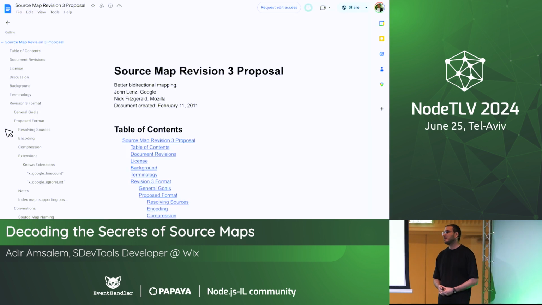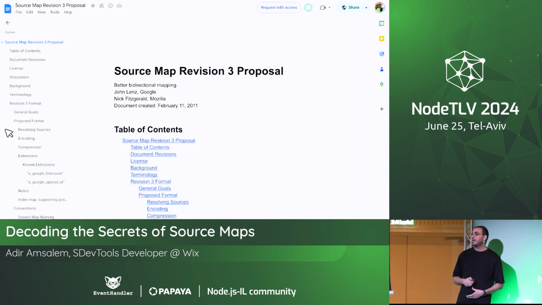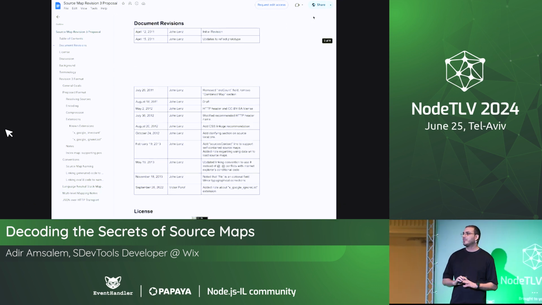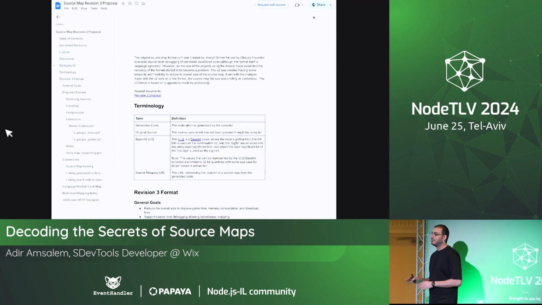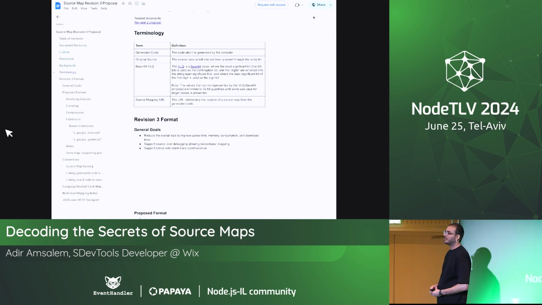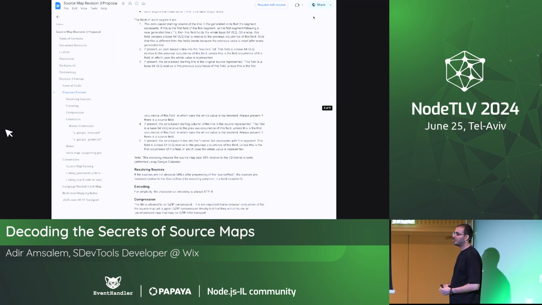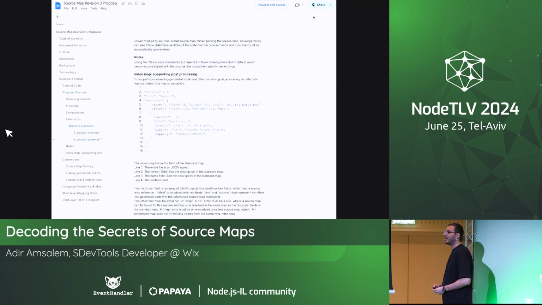And basically, the specification for source maps is just a Google Doc. It might surprise some of you, but this is a Google Doc. It's less than 10 pages. And this is all the spec for source maps that there is on the internet. This is the formal spec. This is not really formal, but we'll talk about it later. This is the spec for source maps, a Google Doc. You can Google it. Search for source map proposal, you will get to this document,